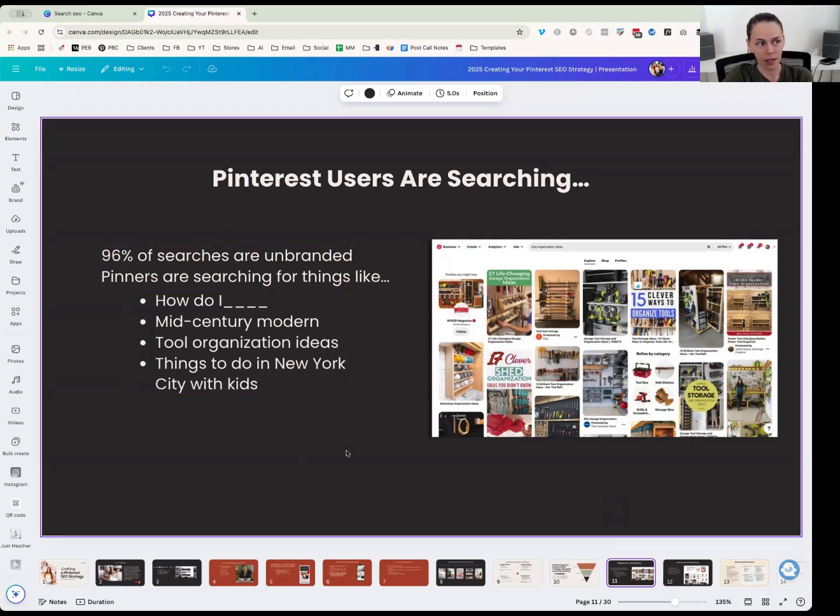So you can use things like classroom teacher decor, how to use an abacus for adults, how to teach geometry to fourth graders. Anything like that is going to work on Pinterest, as well as your exact lesson plans. So if you have lesson plan kits like math for fifth graders or history for the Civil War, or whatever it is, people are looking for those things directly on Pinterest.